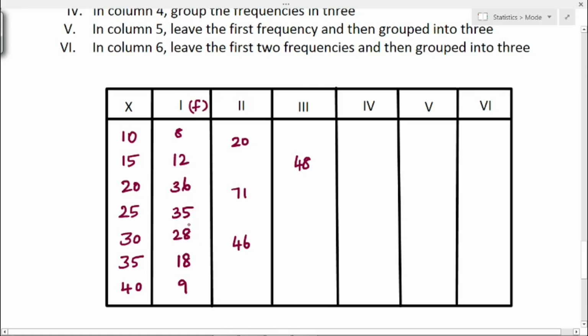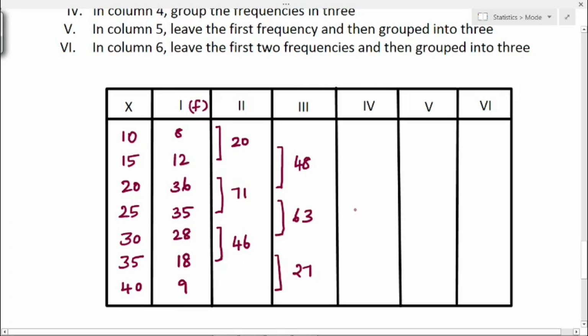If you add, you will get 63. We write that here. Next we add the last 2 values, 18 and 9. If you add, you will get 27. So in this column we are leaving the value 8 and adding 12 and 36, 35 and 28, 18 and 9.